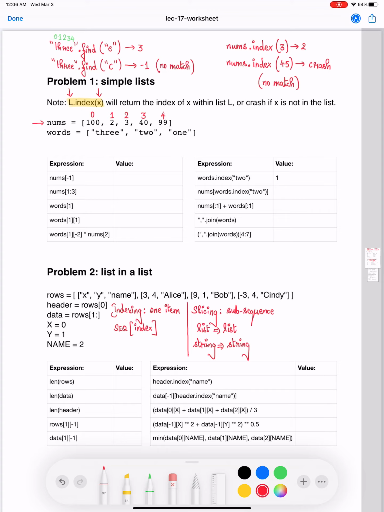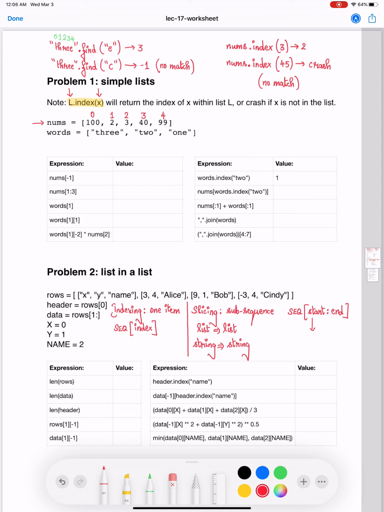What is the syntax for slicing? You'll have to mention sequence variable name, open square bracket, start of the slice, colon, end of the slice. Neither start nor end index position here are mandatory, but the colon is mandatory.